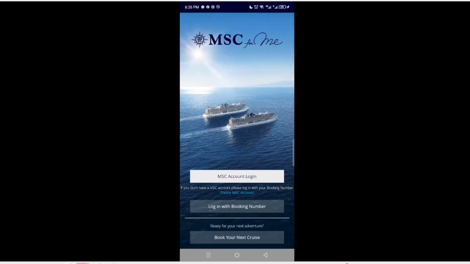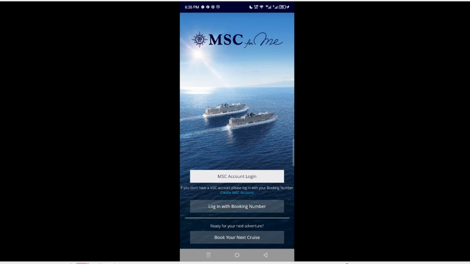This is a key moment as it opens up access to all the resources and tools you need for your cruise experience. After launching the app, take a moment to explore the navigation and features it offers. This exploration will help you familiarize yourself with the app, making it easier to navigate in the future. Now you are set to enjoy all the functionalities the MSC Cruises app offers.